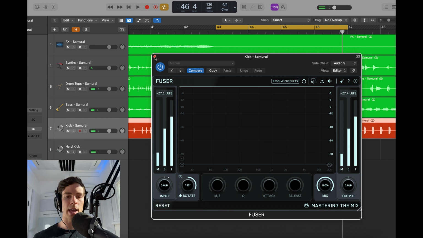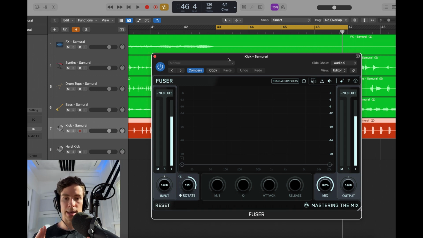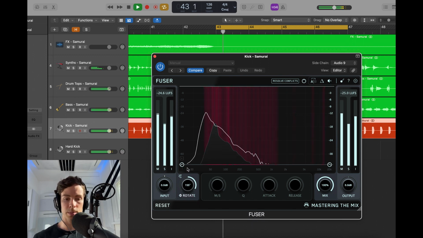You can use this on layering snares, use it on layering basses, any kind of layering guitars. Just click the automatic phase analysis here. I can also adjust these phase filters if I wanted to focus the phase adjustments on a specific range.